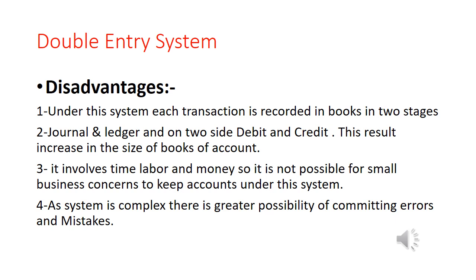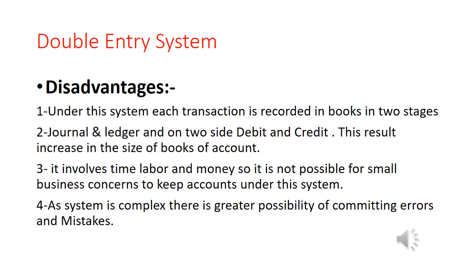Double entry system has some disadvantages. Now we can discuss what are disadvantages of double entry system. Number one, under this system, each transaction is recorded in books of two stages: journal, ledger, and on the two-sided debit and credit. This results in increase in the number and the size of books of account and the creation of various complications. Number two, it involves time, labor, and money,